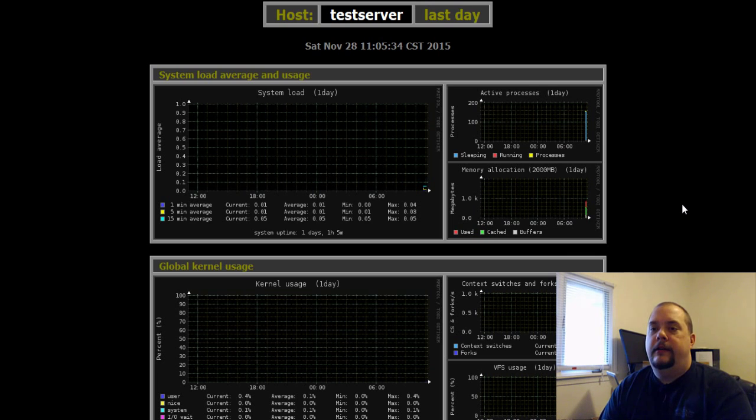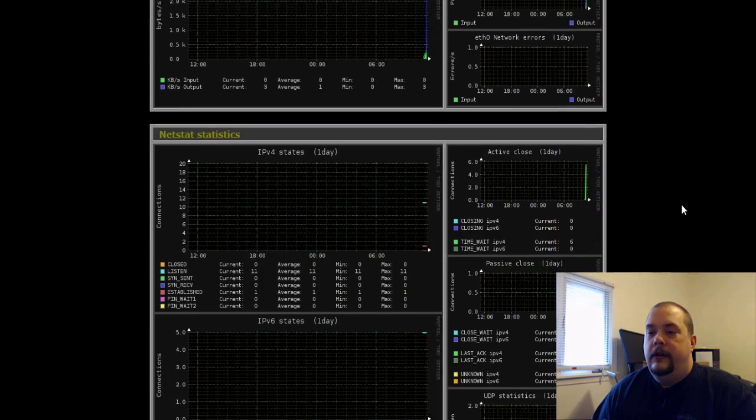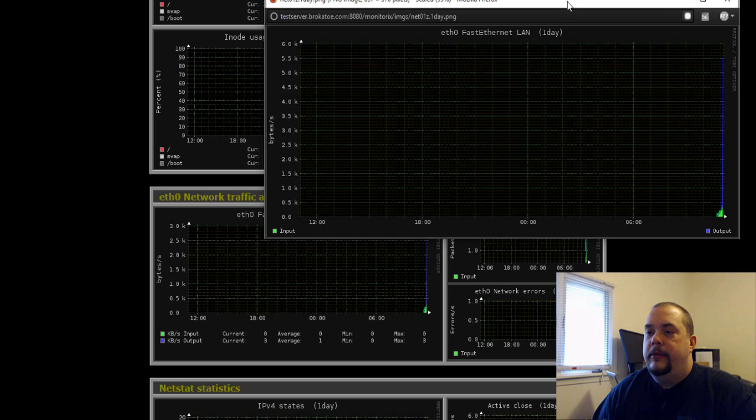I just wanted to kind of bring this monitoring software out into the open so everybody can take a look at it as a possible option for your server. It has a lot of good functionality. It's easy to set up, as you can see, and it looks good. I mean, if you wanted to look at your network traffic, you can click on the graph and it'll pop open